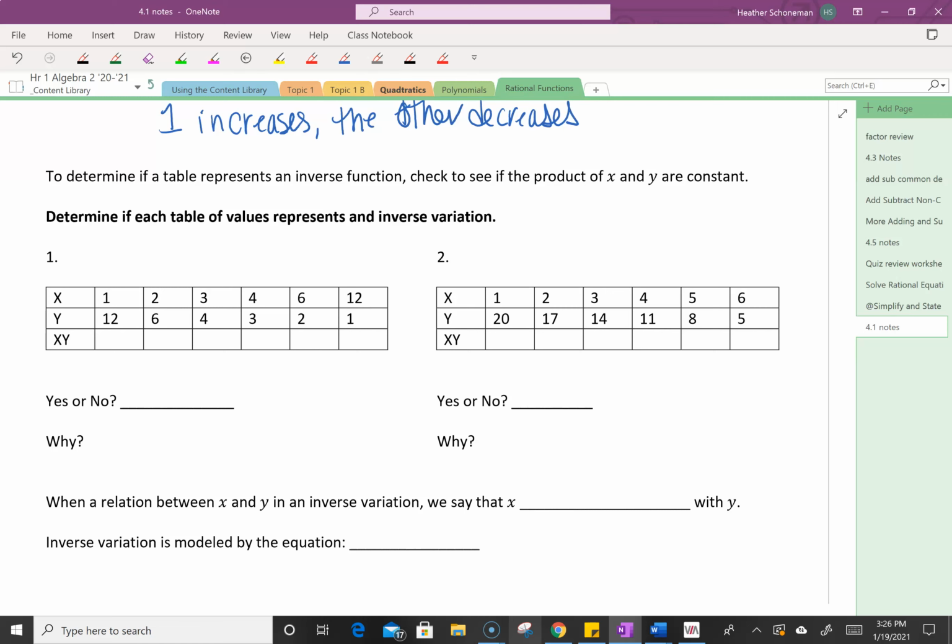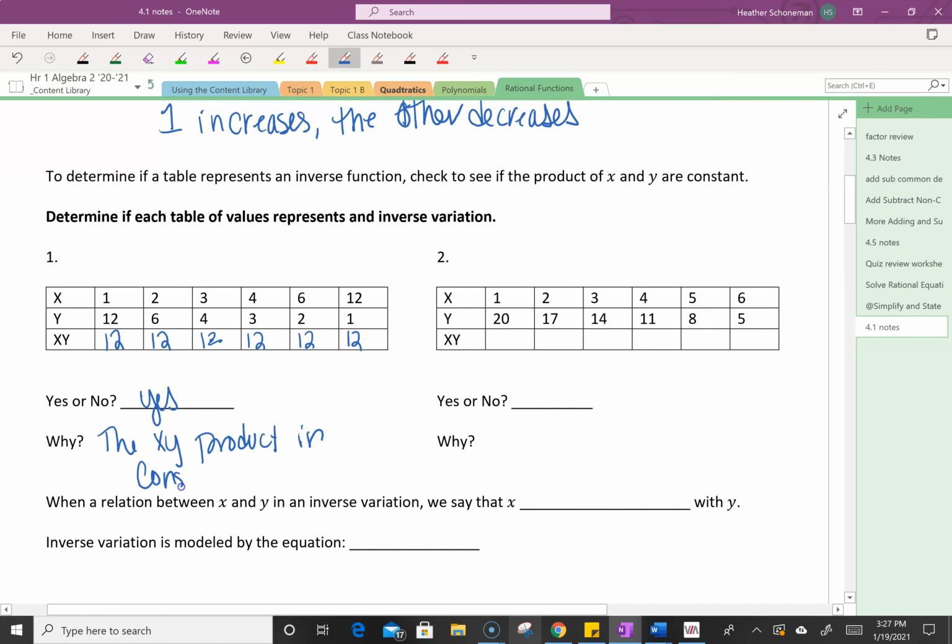The second check is we need to see if there's a constant between all of them that remains the same. So the way we look for that is we look for their product of x and y. So to figure out the product, we take 1 times 12, which is 12, 2 times 6 is 12, 3 times 4 is 12, and if I keep multiplying x and y, I'm going to get 12. And so, yes, this first one is an inverse function, and the reason is because the xy product is constant